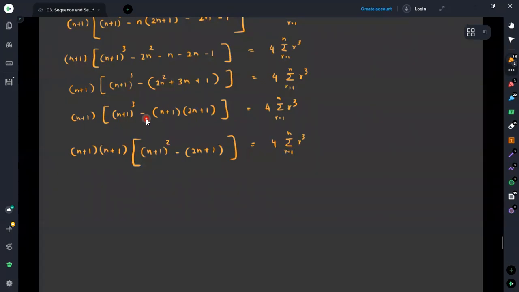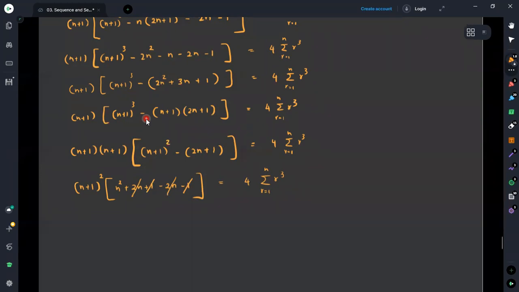Now there is no other solution other than expanding this power. Then I will take (n plus 1) to the power 2, which is (n plus 1) into (n plus 1). Then we'll get n squared plus 2n plus 1. And once you have this bracket, it is 2n minus 1. This is equal to 4 times the summation of r cube, where r goes from 1 to n. Now we can see plus 2n with minus 2n cancel out, plus 1 with minus 1 cancel out, and the quantity that we can see in the left hand side